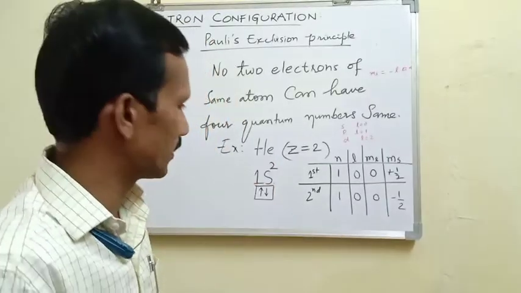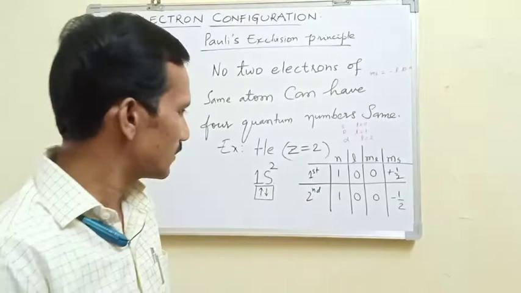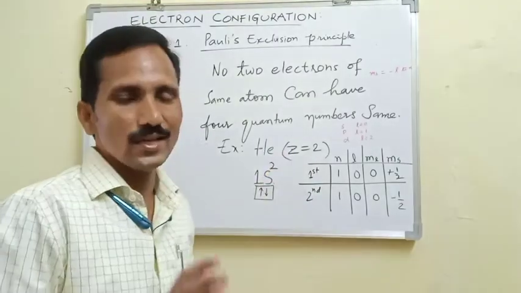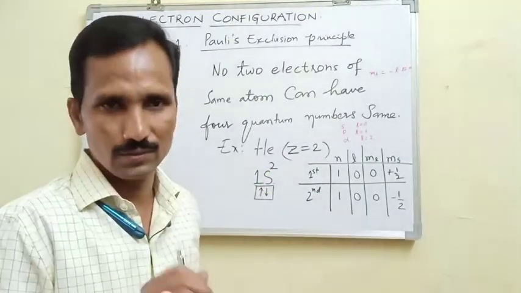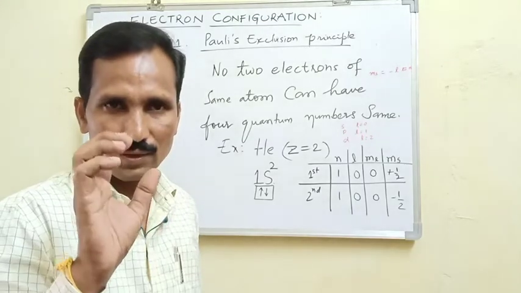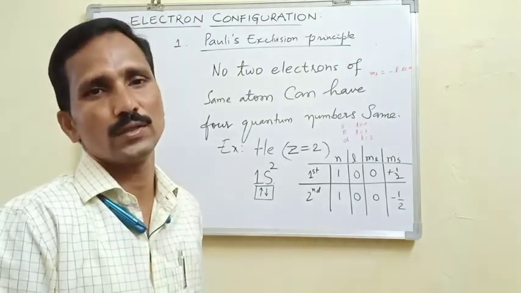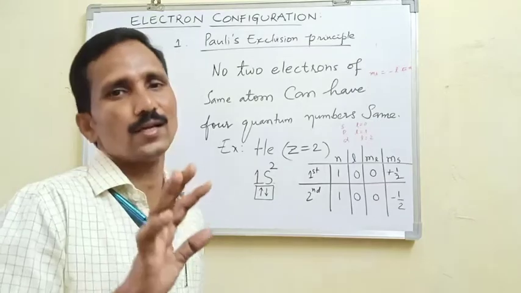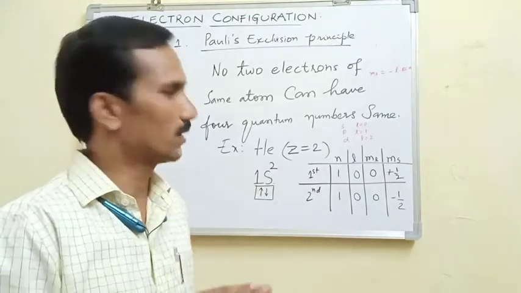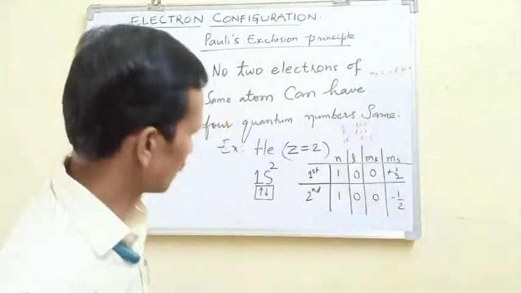This is the principal quantum number. It mainly tells that a single orbital can occupy 2 electrons only. There is a place in a single orbital only for 2 electrons.